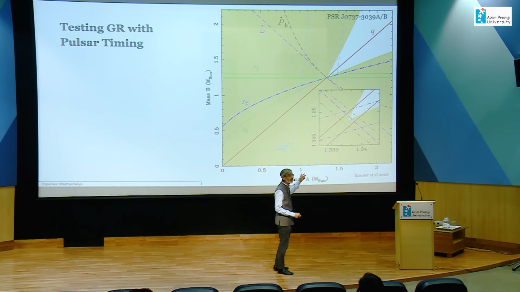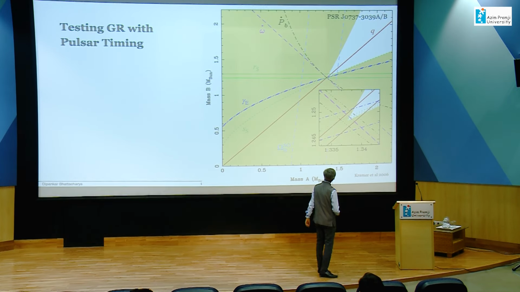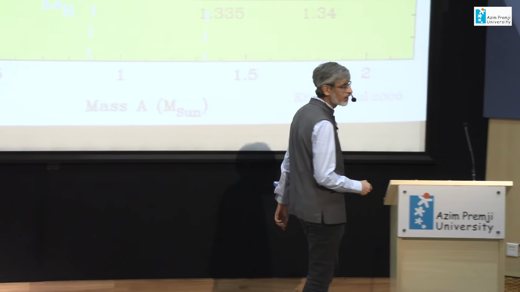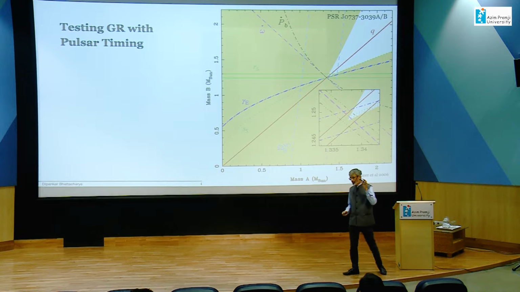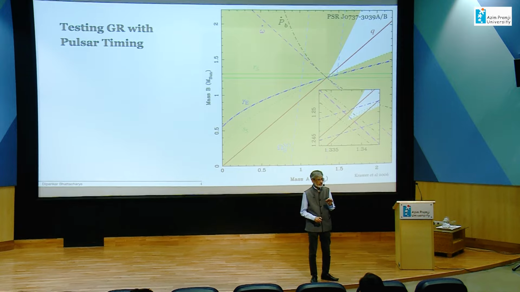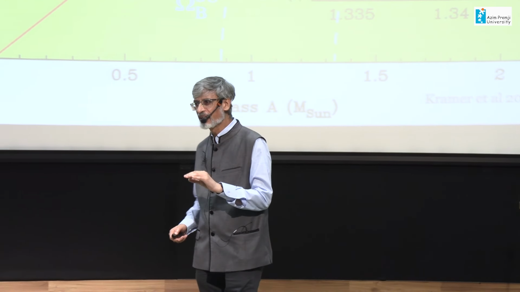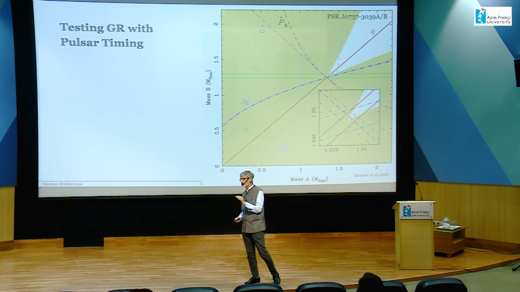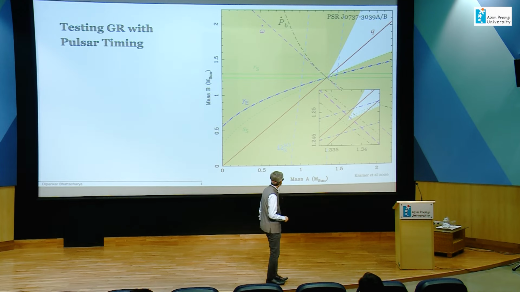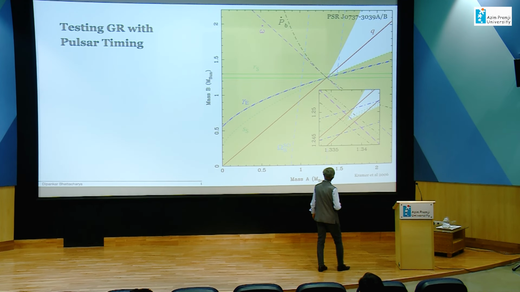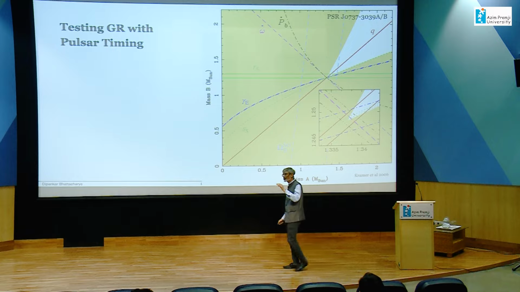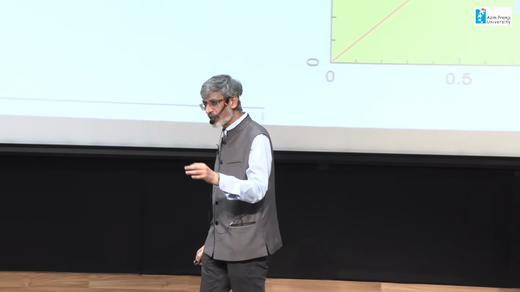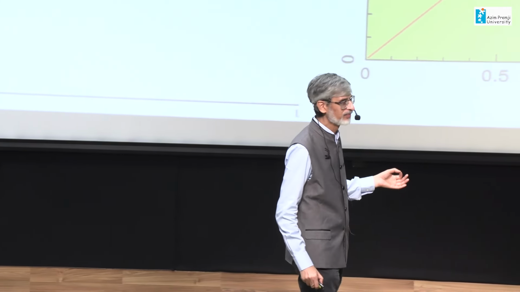And now we have several other measured parameters. If the predicted values from these different parameters are different, that means there is something wrong with the prediction, which means the theory of gravity that you have used to predict these values does not produce consistent numbers for these different parameters. Now, within the degree of error, all of these measurements fall exactly at the same place when you use general relativity to predict them.